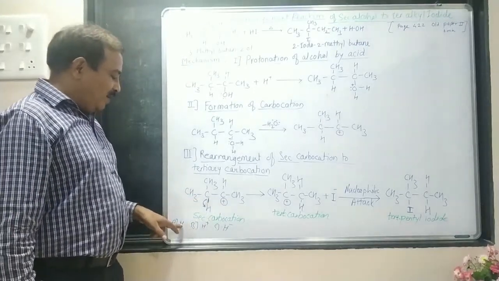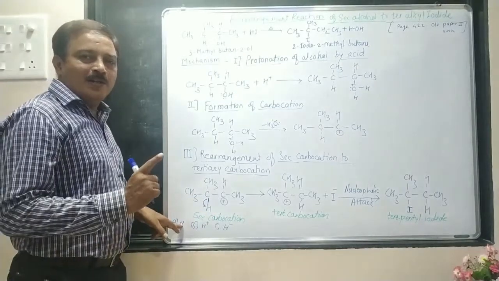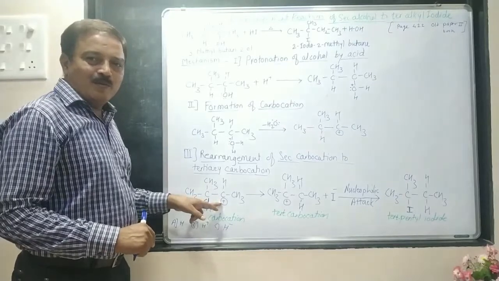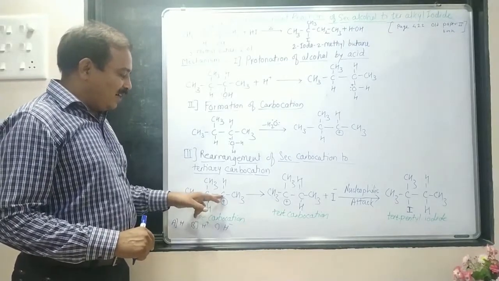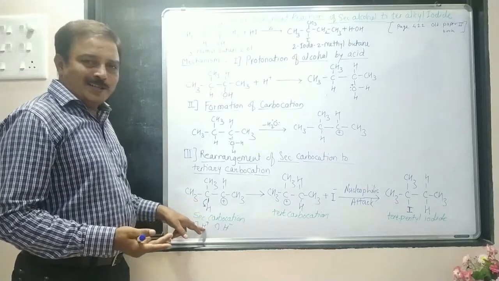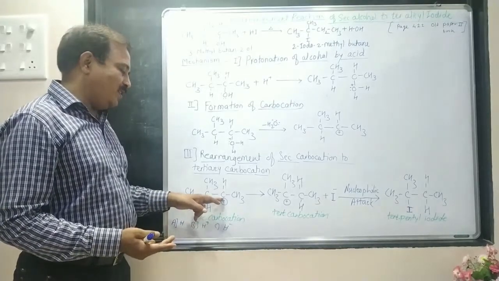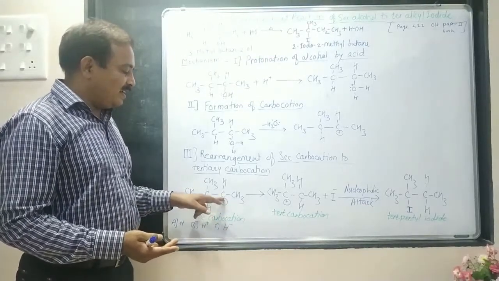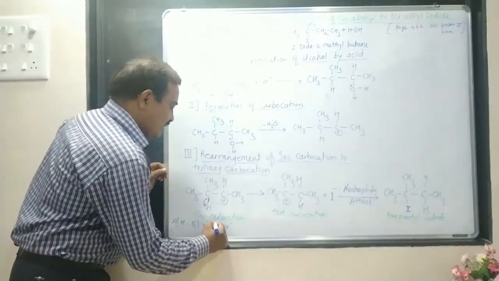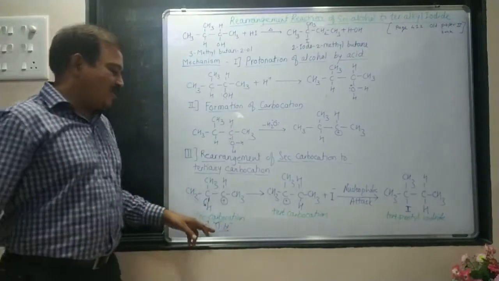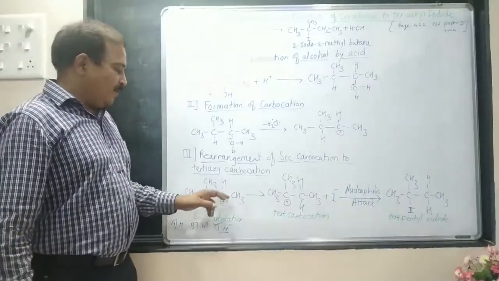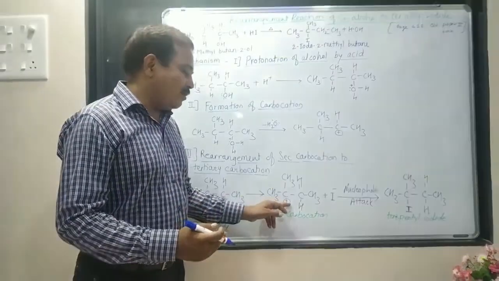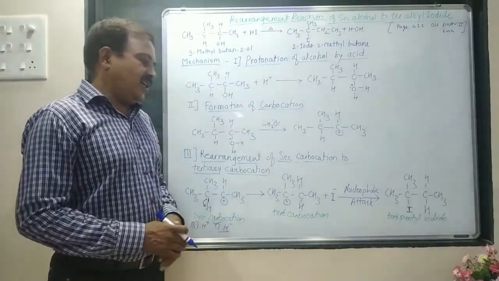So here, as there is a positive charge, there is no electron there. A hydrogen atom will have only one electron, and by taking one electron, the bond cannot be formed. To form a bond with the carbon atom, H plus has no electron, so a bond cannot be formed. But hydride has 2 electrons, so this hydride can attack the secondary carbocation. So option C is the correct option. In the conversion of secondary carbocation into tertiary carbocation, hydride ion is exchanged.